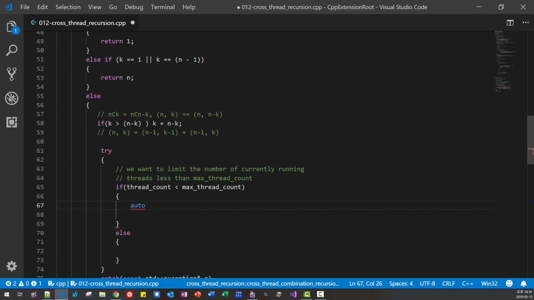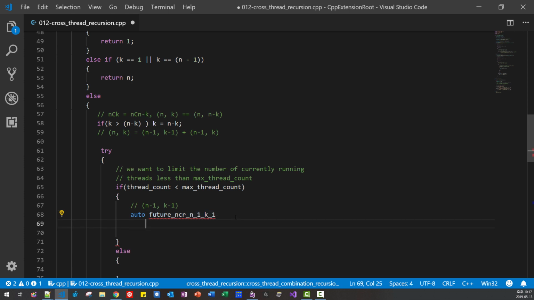So we are creating a thread for this part. I copy here. We are creating it for this part. I say nCr n-1, k-1. Okay, this is not a value, this is a future.